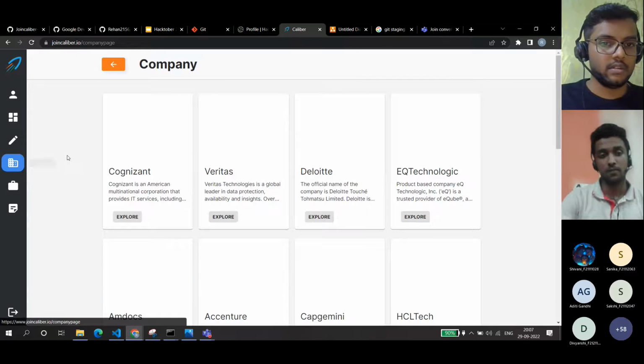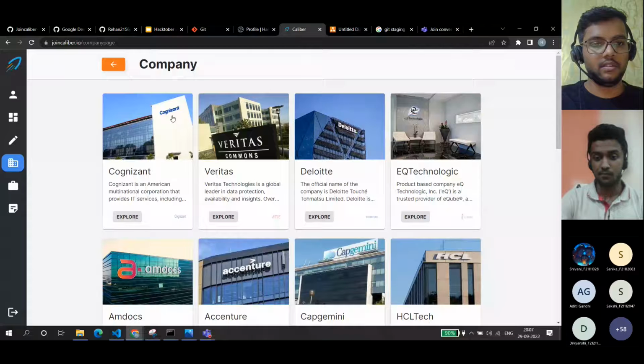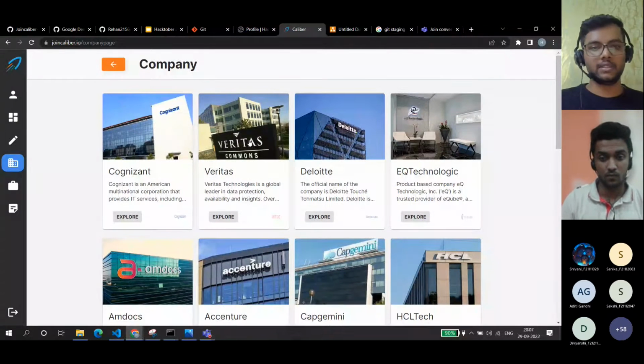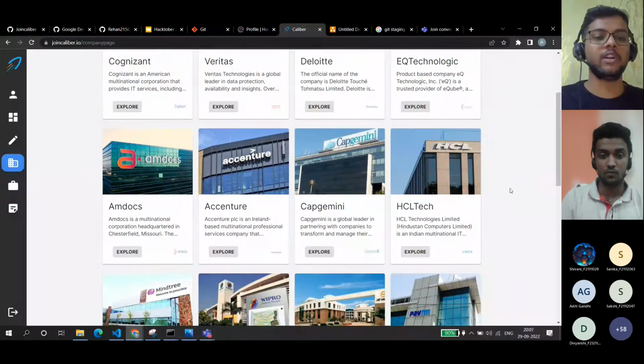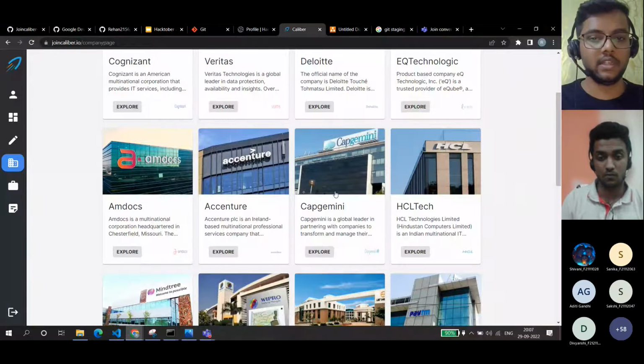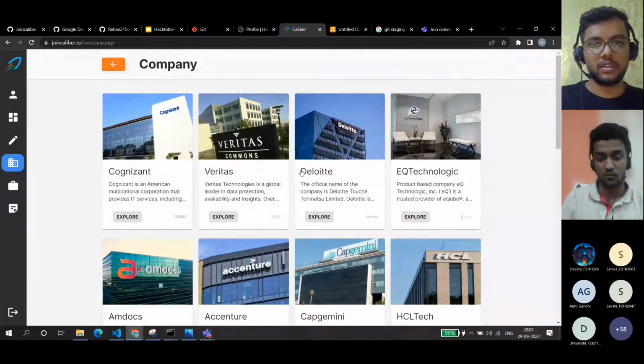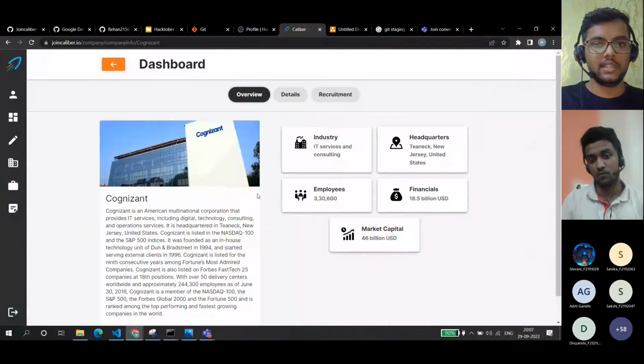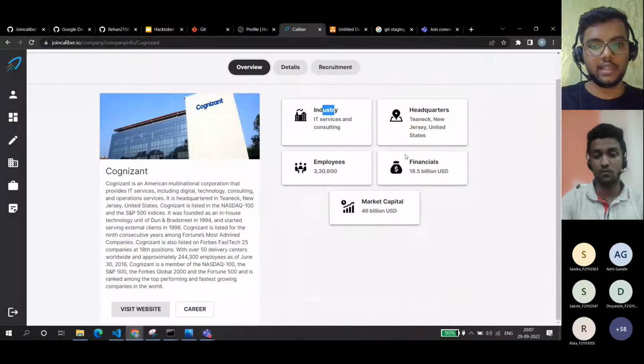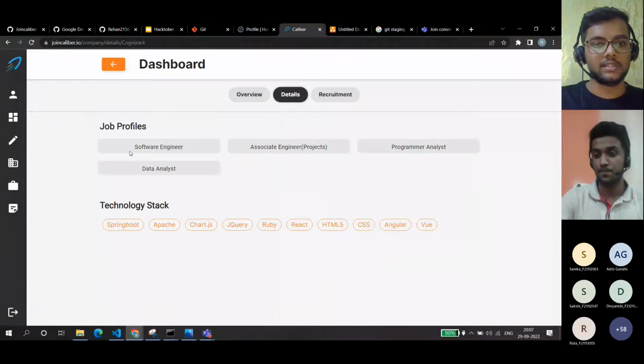And here, all these things have been worked upon. So these are all the company information of what companies actually come onto campus in colleges like Mescoe and similar colleges. Here you can go through all the companies and their details, as to which industry they are in, where they are headquartered, and all the details.